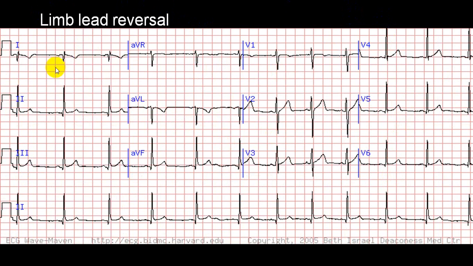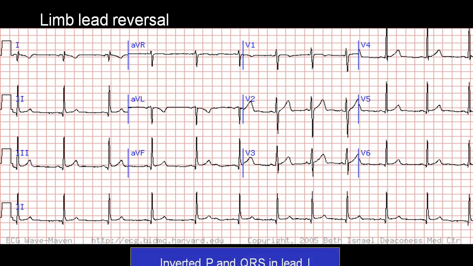Now look here. Lead 1 inverted, AVL inverted. Look at AVR, not very tall. Clear? So lead 1 and AVL have become inverted. By and large, in AVR you might get a little prominent R wave. But look here, there's a normal R wave progression. So these limb leads are reversed. So this is also called technical dextrocardia, with inverted P wave and QRS in lead 1 and also in AVL.